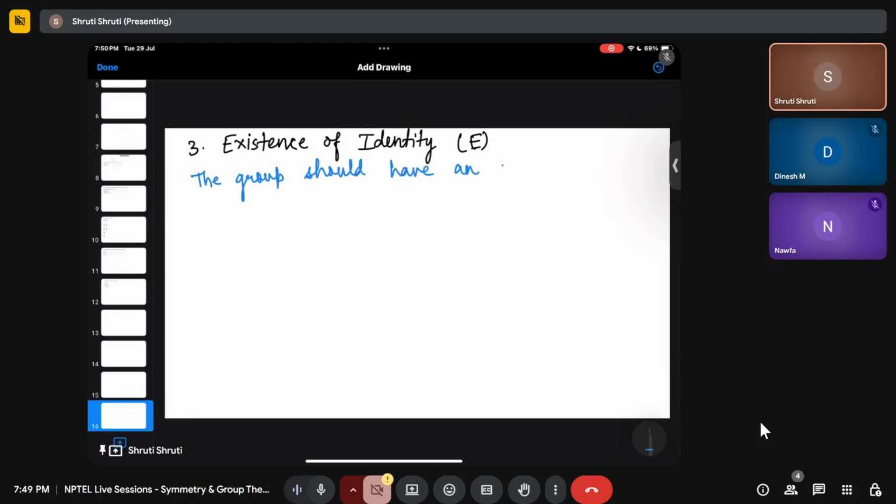Should have an identity element E operated on